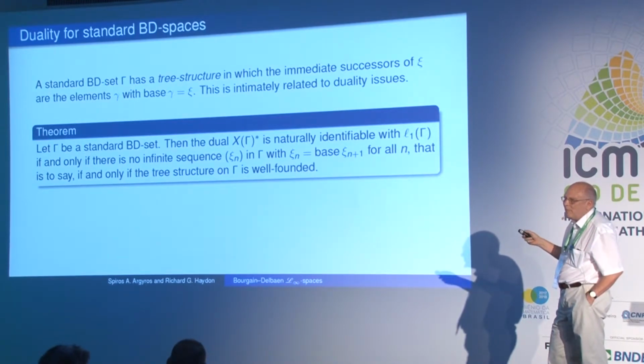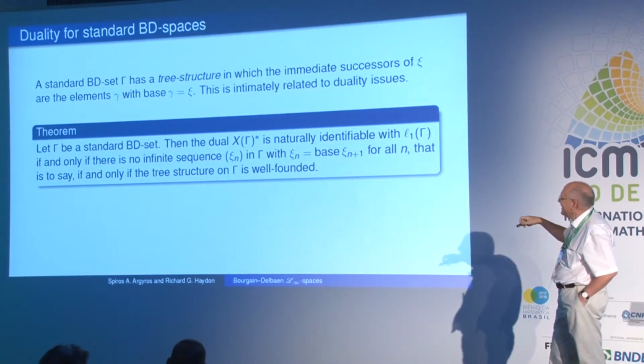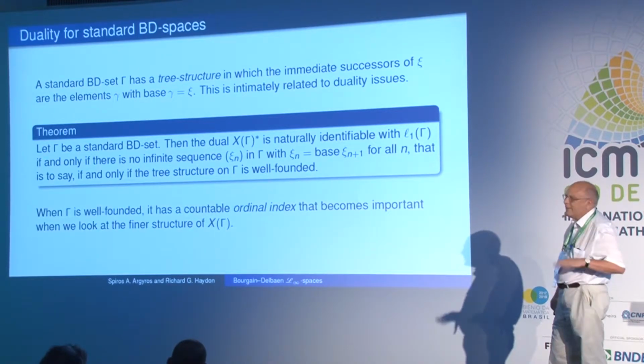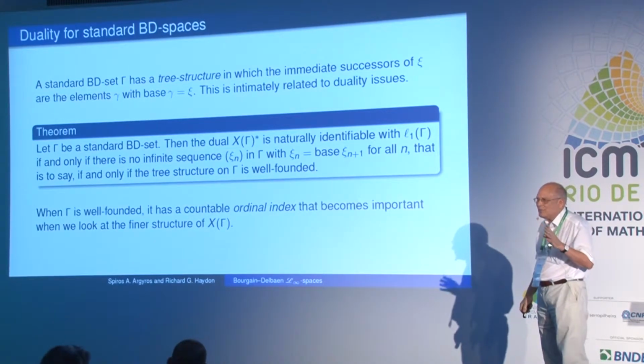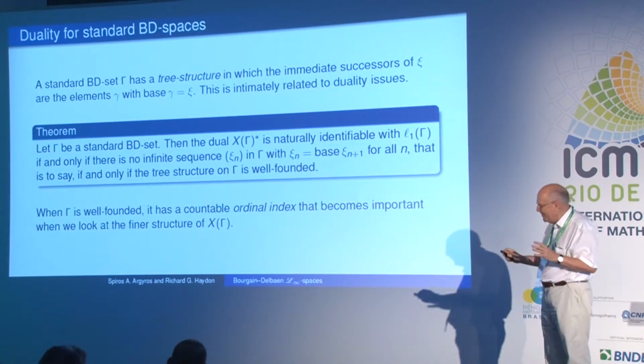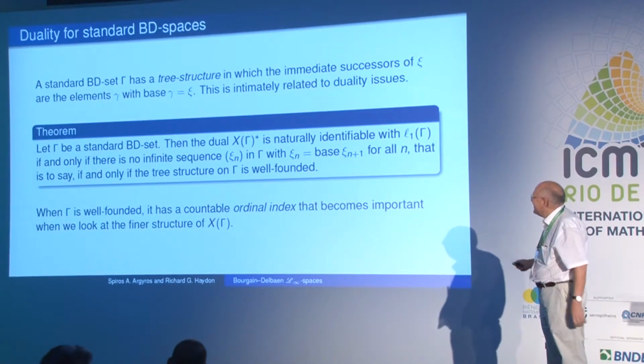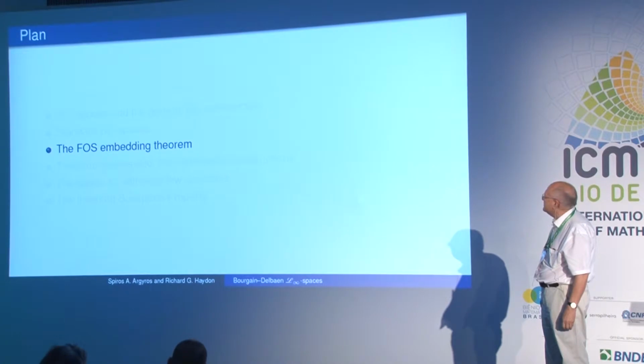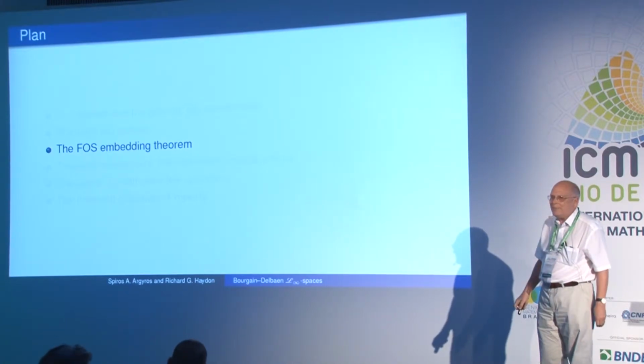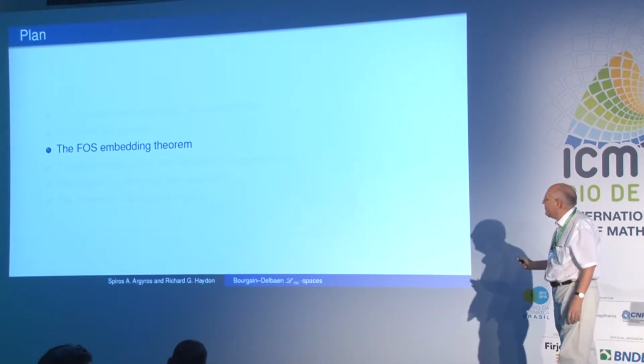In what follows, we'll mostly be trying to look at cases where the tree is well-founded. Well-founded trees have countable ordinal indices, and in the more subtle theory, that becomes important as well. So briefly, I'll mention this wonderful embedding theorem,